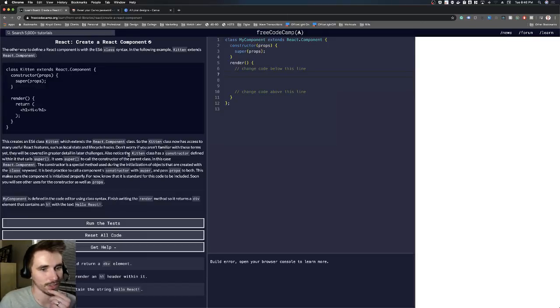Oh, here, they might actually explain this here. Also notice the kitten class has a constructor defined within it that calls super. It calls super to call the constructor of the parent class, in this case, React.component. Interesting. So, that's something I never knew. So maybe that's what happened is when they